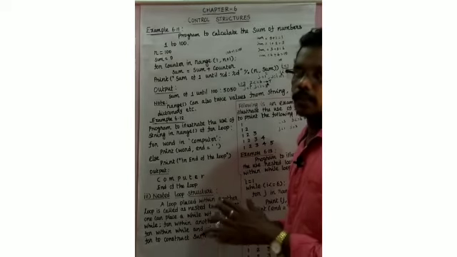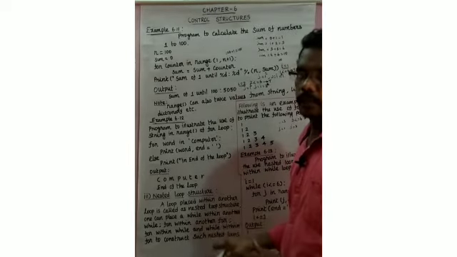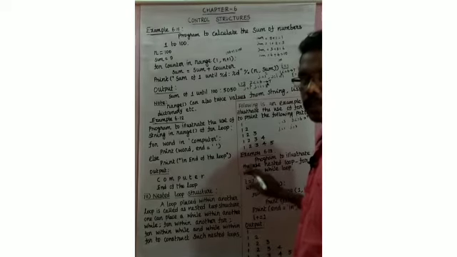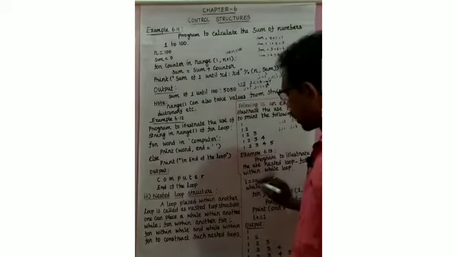If the condition is true, execute the j loop. That means the for loop whose counter variable is j. j is the counter variable, in is the keyword, range is the function. 1 is the starting value of j and i is the ending value of j. Whatever value is stored in i is considered the ending value of j. Here i is assigned there, and the value stored in i is 1, so j's ending value is 1.